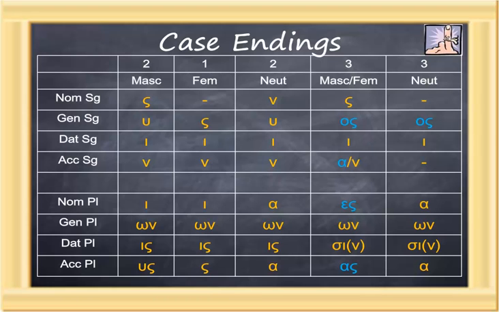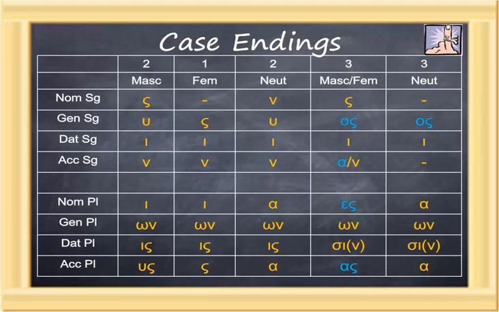And becoming almost as familiar ought to be the third declension chart, where masculine and feminine are of the same form and neuter are different in the nominative and accusative. So sigma, nothing, the new form for the genitive singular, omicron sigma, the dative singular, iota, although it does not subscript under a consonant, alpha or nu for the accusative singular, nothing for the neuter, epsilon sigma, a new one for the nominative plural, alpha,